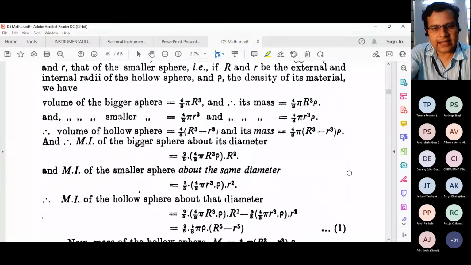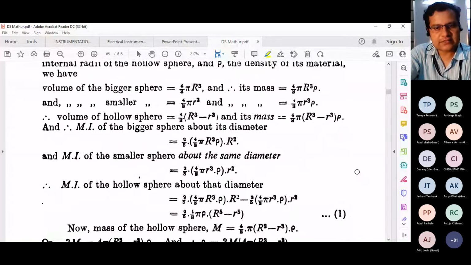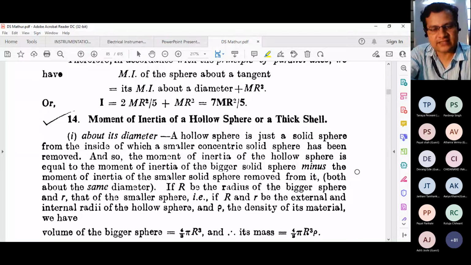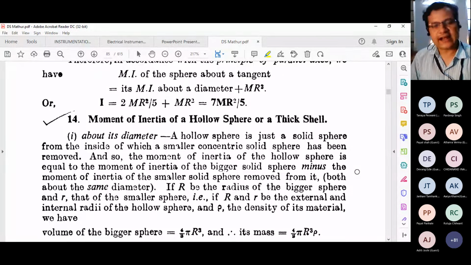And probably you have in your syllabus a certain spherical shell which has certain thickness, like a spherical shell that is hollow in nature, but has a thick shell on it. That can be a body you have, a hollow sphere, or you can say a spherical shell with a high thickness. Okay, thick shell you can call it. So inside it is a hollow sphere, the solid part is removed from the inside, and only a thick shell remains outside.